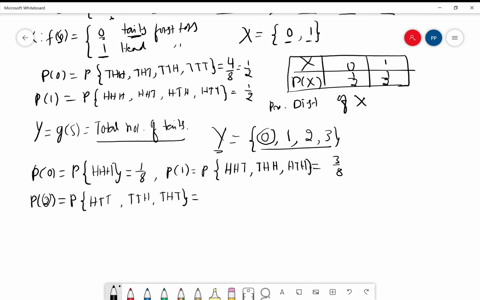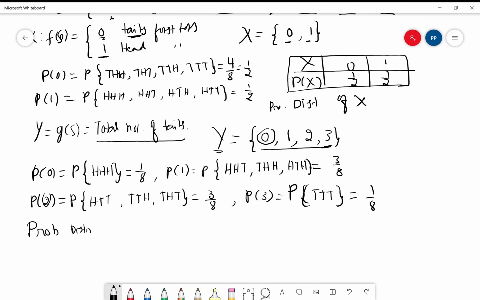So what is the probability then? 3 by 8. P of y taking the value 3, the last value, equals the probability of getting tails 3 times. Only one such outcome, TTT. So its probability is 1 by 8. Therefore, the probability distribution of y is: